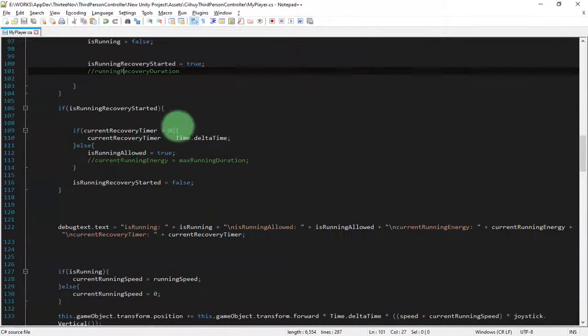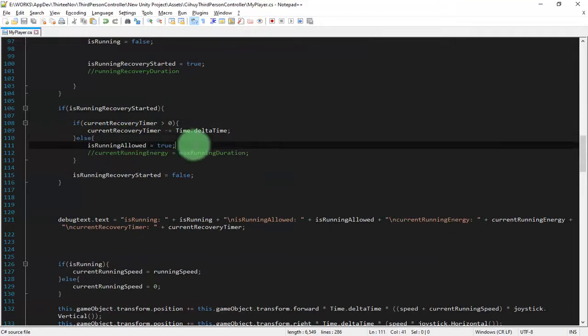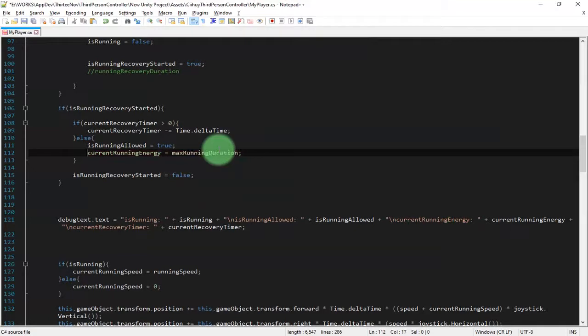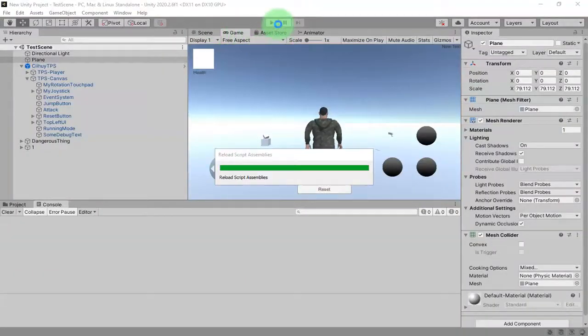Then I run this if statement: if running recovery started, if current recovery timer is more than 0, else is running allowed true. And here we enable this line again. Then this line I move here. Let me check and test the game again.